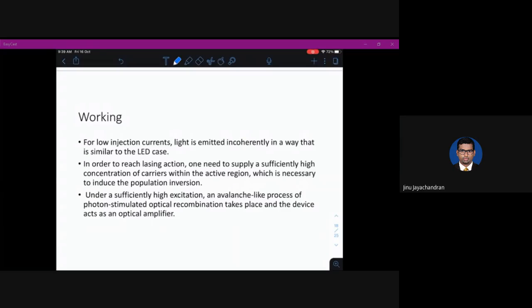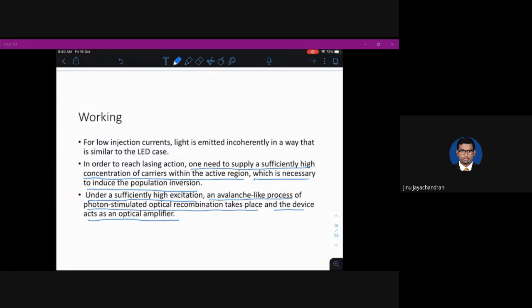Now, in order to reach lasing action, one needs to supply a sufficiently high concentration of carriers within the active region, which is necessary to induce the population inversion. So to create a population inversion, you need to increase the carrier concentration. That is done by supplying a high amount of current. Under sufficiently high excitation, an avalanche-like process of photon-stimulated optical recombination takes place, and the device acts as an optical